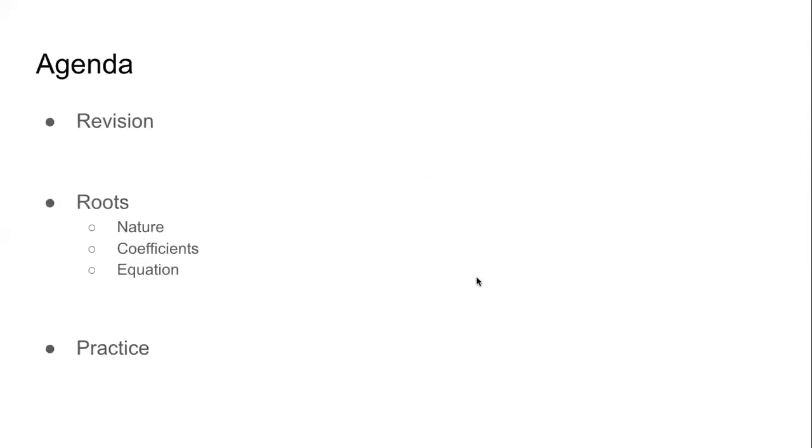The way we will do it is, we will take up a question that we have already solved or we can solve by something that we have studied. Then we will look at the content for today, which is the nature of roots, how they are related to the coefficients of the equation, and how we can make the equation if we know the solution. Till now, we have seen that we have an equation and we solve to find the solution, to find the roots. Today, we will also see if we can make the equation from the given roots. And of course, we will solve a lot of questions.